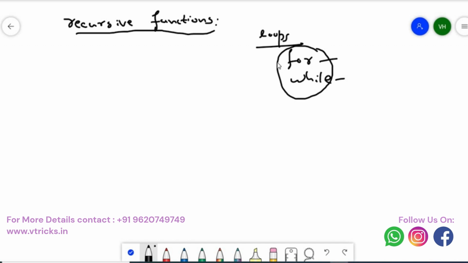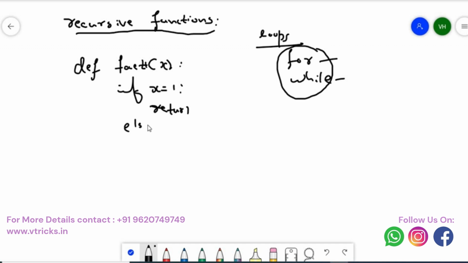So there is one more way of doing the repeated task again and again. That is nothing but recursive functions. How would recursive functions work? That's very important, right? Let us take a simple example of finding the factorial of a number. I'll write def, and I'll write the code as fact1. I'll accept a number called x. Then I say if x is equal to 1, I'll return 1,